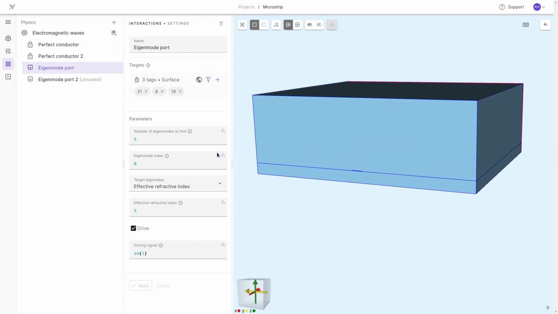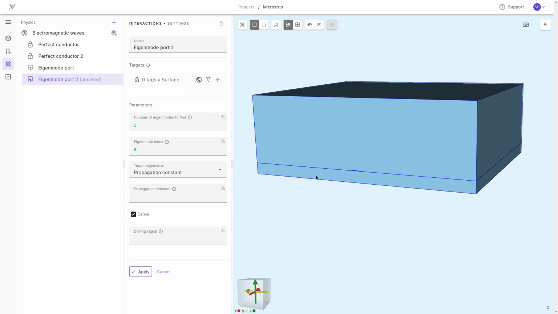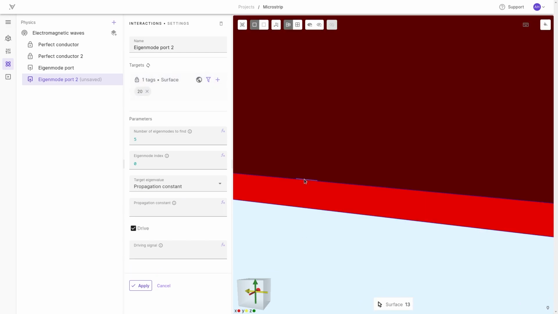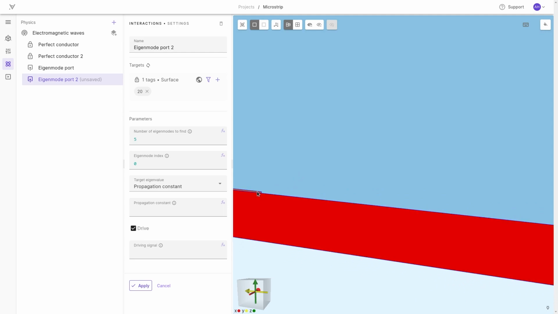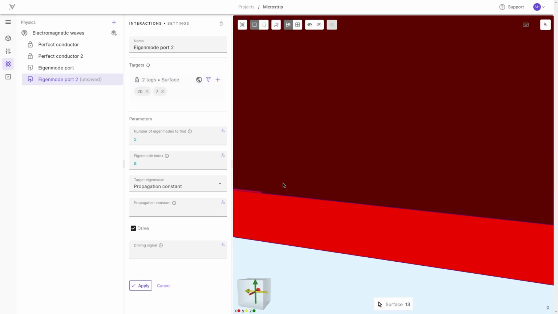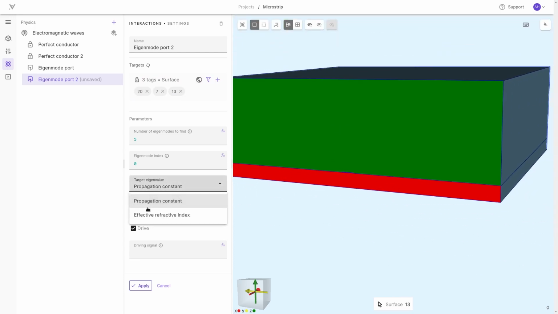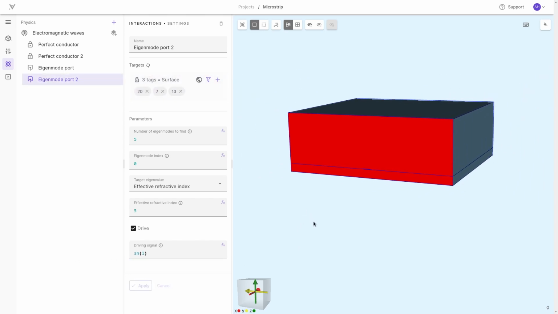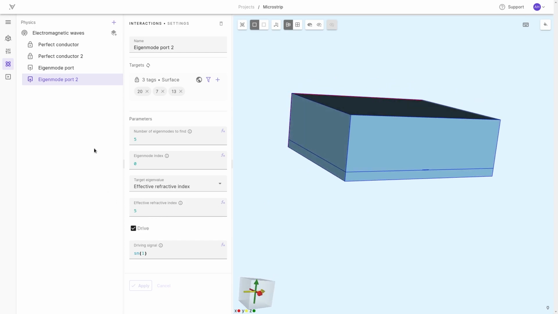We can do exactly the same on the other port. So let me do that quickly. We want to target in the same way, and we want to drive with the same phase, otherwise you'll have phase shifts in the S parameter matrix. Good. We're done. You could, of course, add other conditions like PMLs for antenna radiation and things like this, but